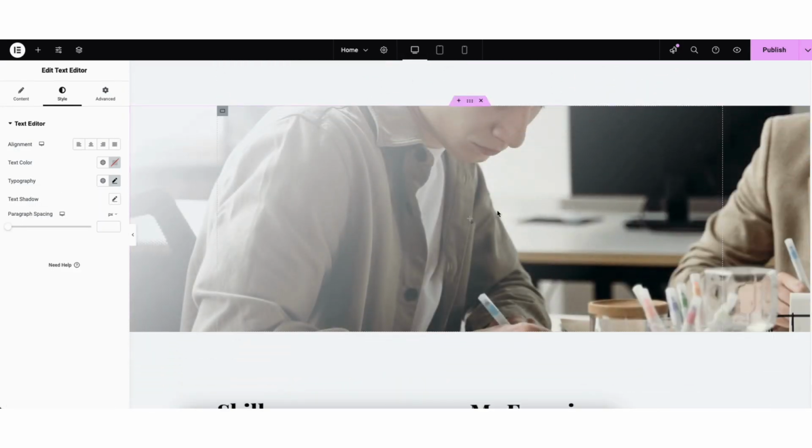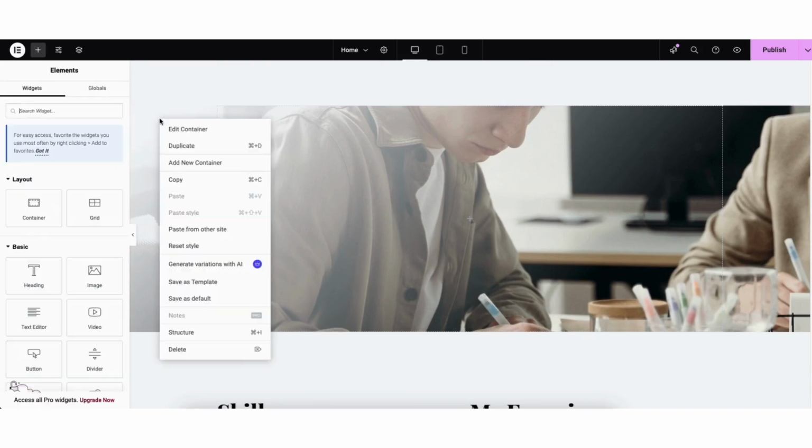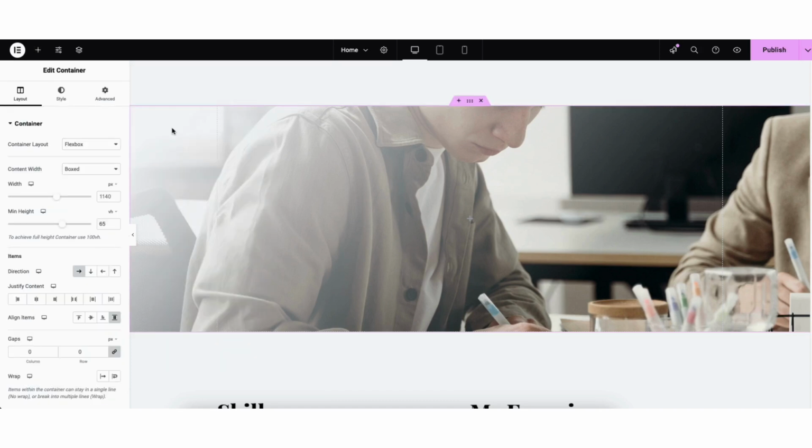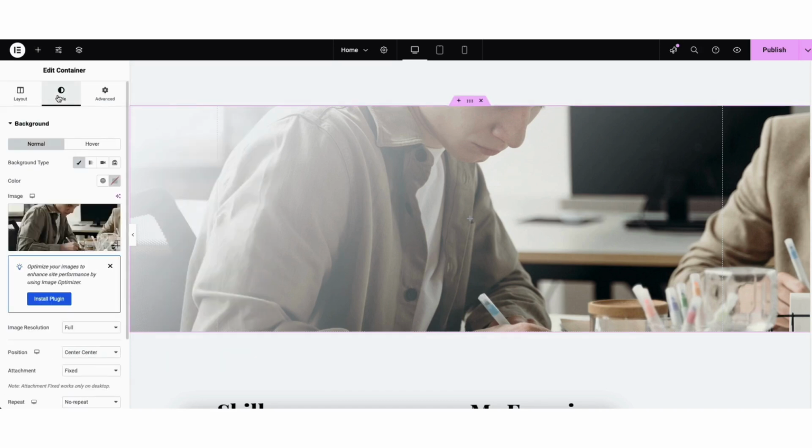If you want to change the background image and colors found here, if you right click into this section here with the image, click Edit Container. Next, click Style. It'll be just like we covered before, where you can remove the image or upload and change the image in the previous image sections. I want to show you how to change the background color and opacity of the background image.